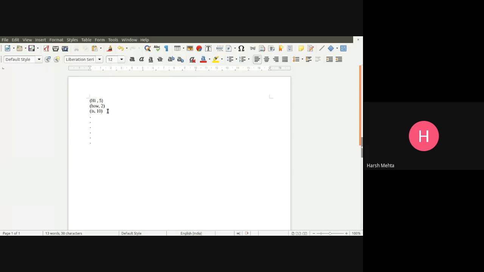Now, what if we want to know which word comes 2 times only? We need that kind of output only. How do we do that? So that we can come to know that this word comes 2 times only. We need to figure out which word comes 5 times only. Like high is there, it comes 5 times. So yeah, we can do that. I mean, we can partition it.